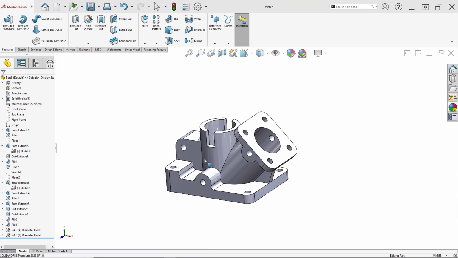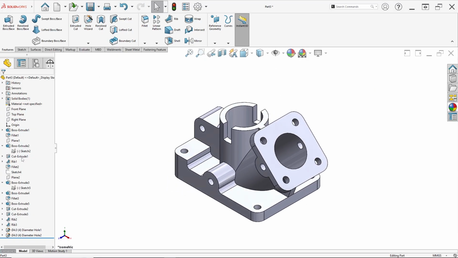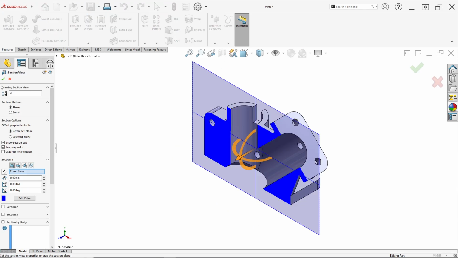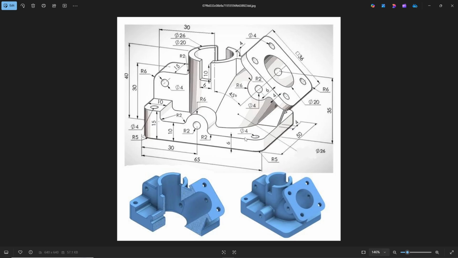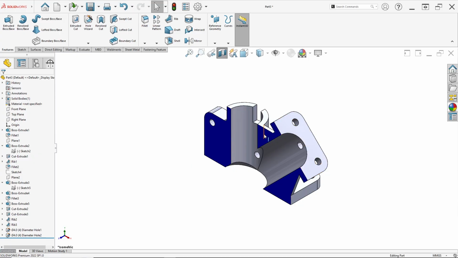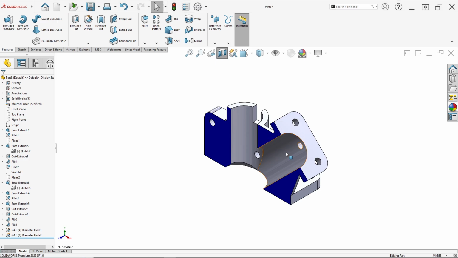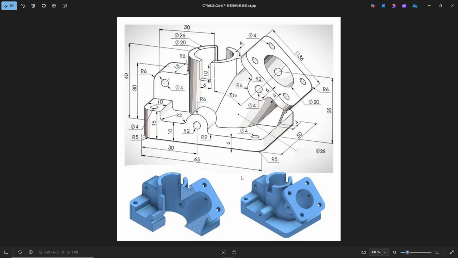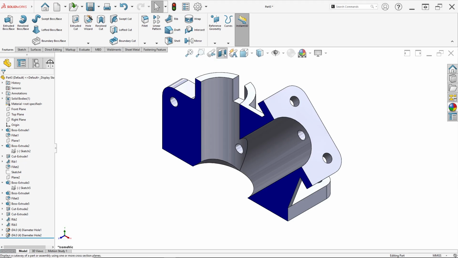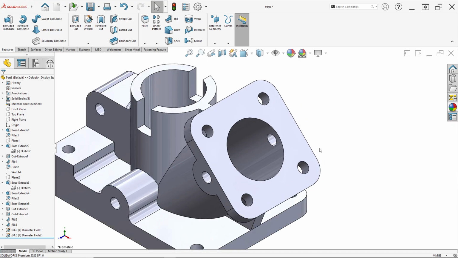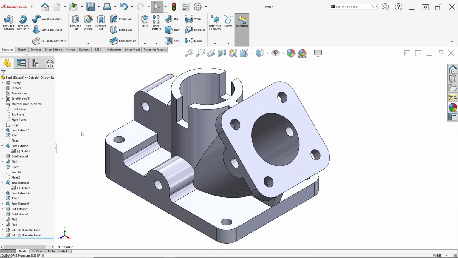We can change the appearances, or we can see the section view. Just click OK. It's just the section view like this, appropriate to this drawing. Okay, it's correct. We can click section view again, and we can change the appearances, maybe the color.